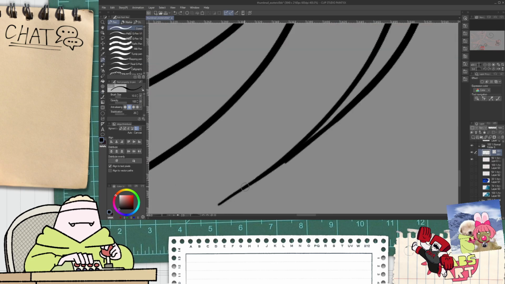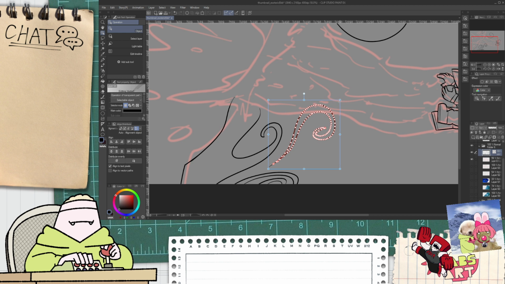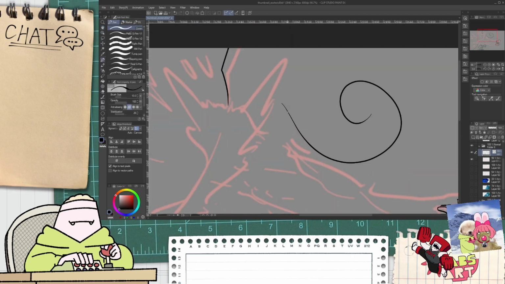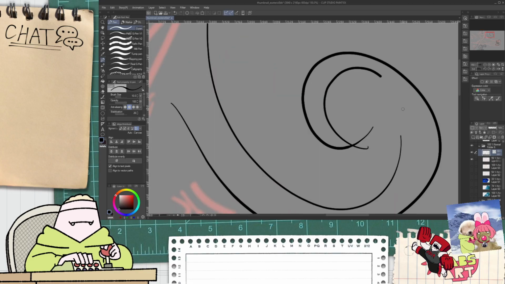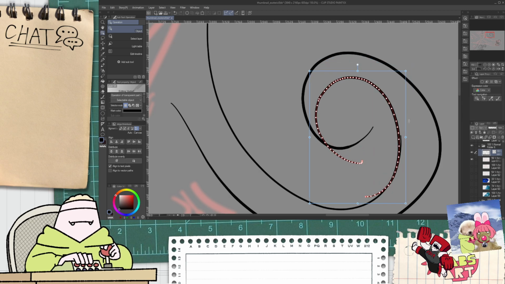Oops. Hang on, that one needed to be jointed. Maybe this one needs a little bit more jointing before we erase it. Okay. Then we're going to expand this one a tiny bit.